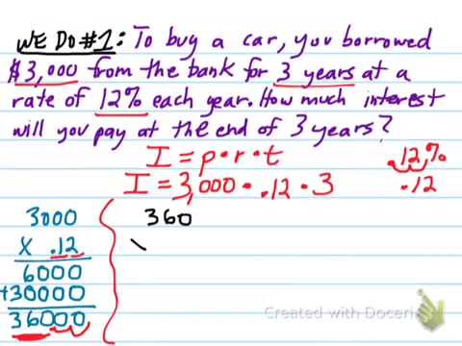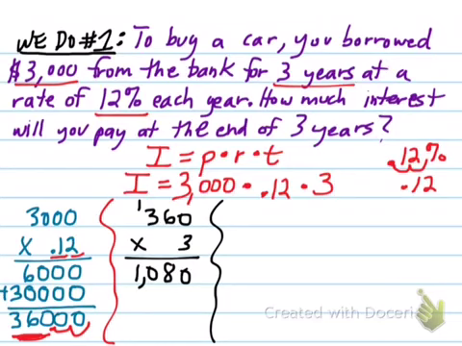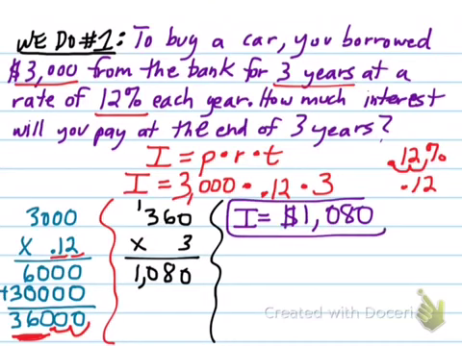So 360 times 3. 3 times 0 is 0, 3 times 6 is 18, carry my 1. 3 times 3 is 9, plus 1 is 10. So 1,080. So that means interest, I equals $1,080. Which is our answer, $1,080. But what this actually means